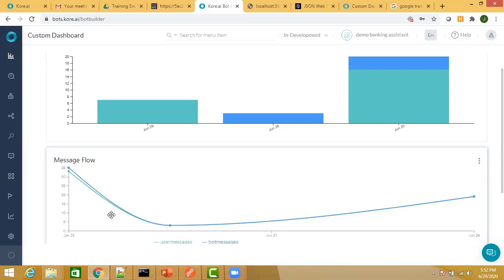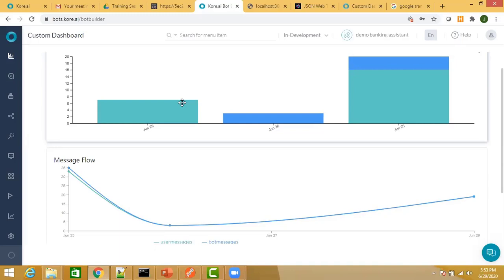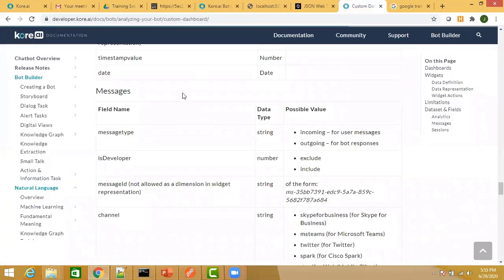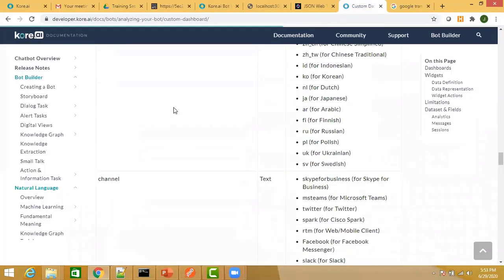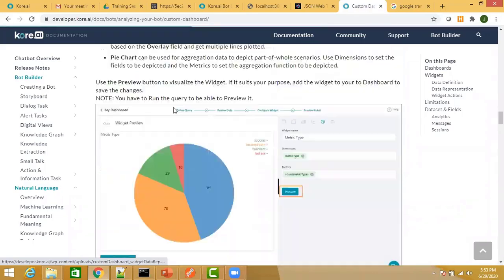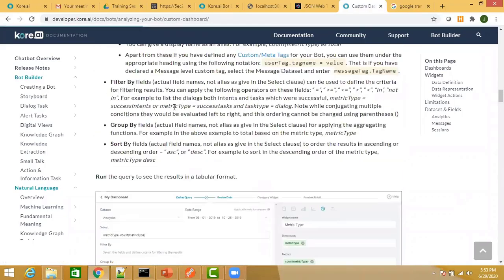And this is particularly for business users, because for them seeing text-based details is not very convenient. So you can create charts like this with widgets, add them to your dashboard and present the dashboard to the business users. You can refer to our documentation over here to see the different aggregate functions that are available.